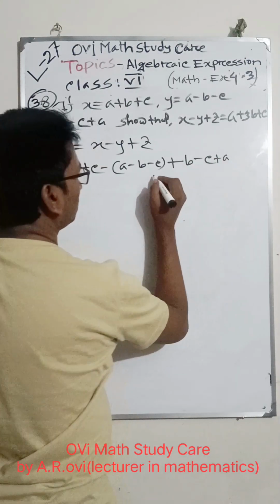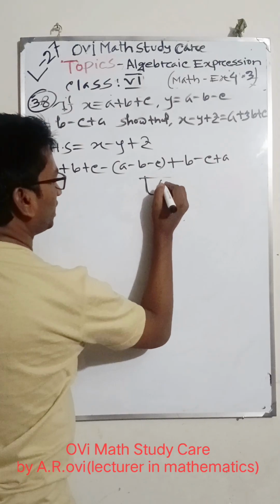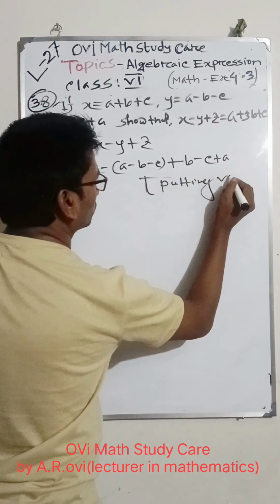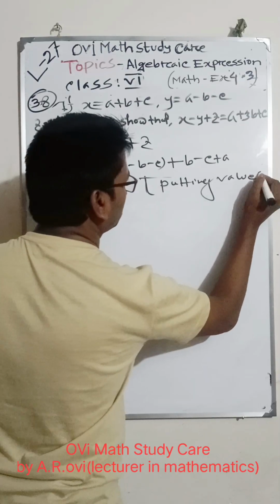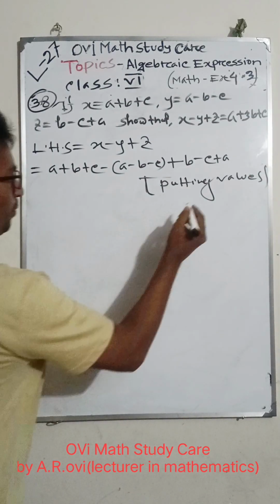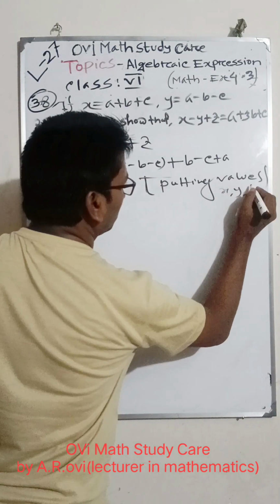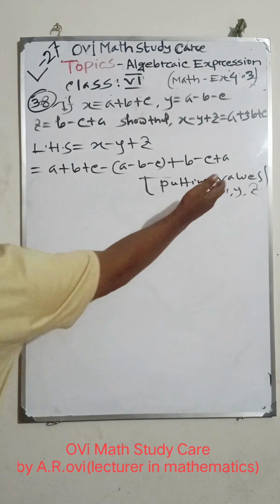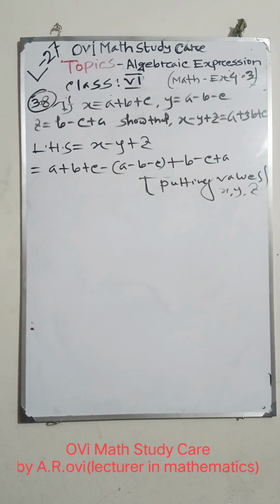Putting the values of x, y, z. You can write "putting the values of x, y and z," then this is similar, or you should write only "putting the values." So our next line